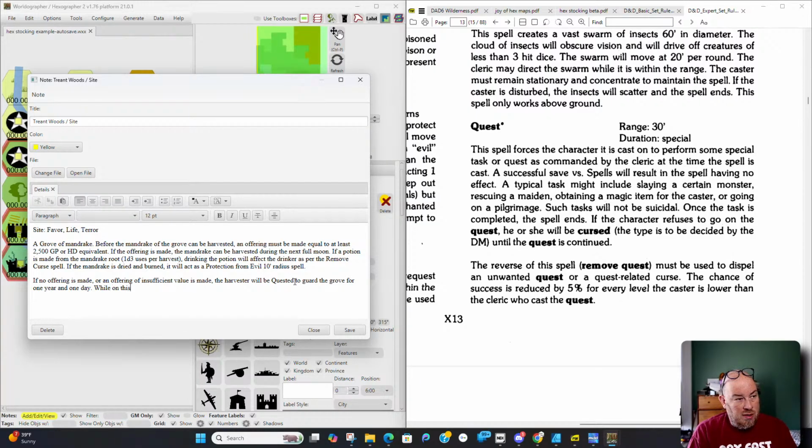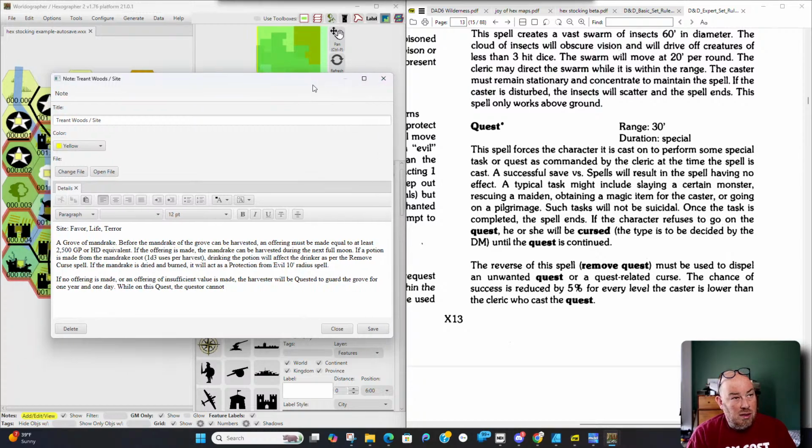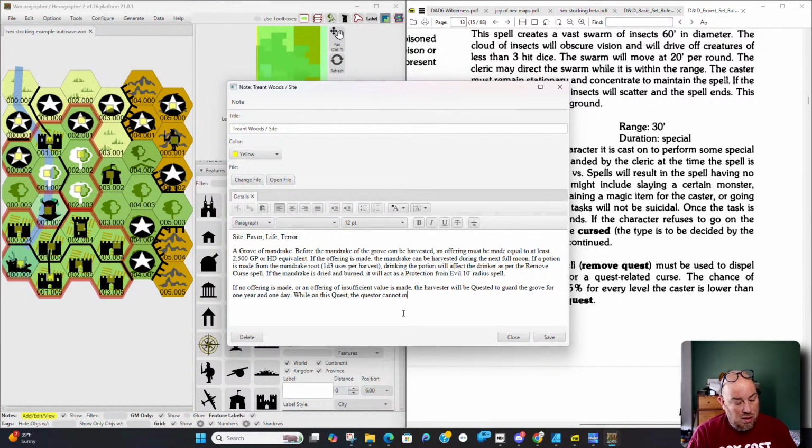While on this quest, the questor cannot move more than 1 hex away from the grove. So the nice thing is here, there's a high-level cleric. The patriarch of the Arbor